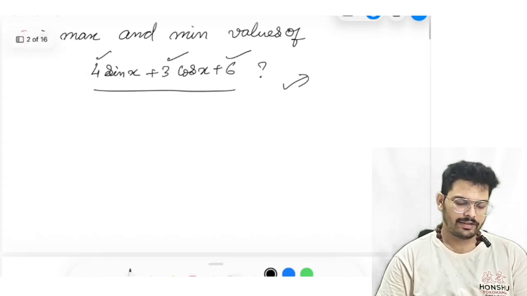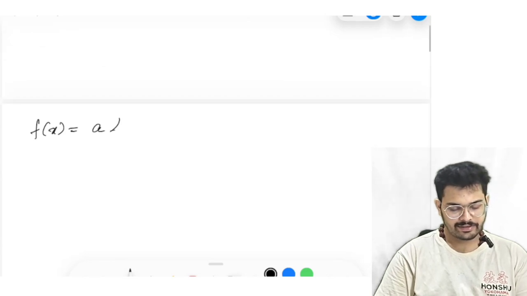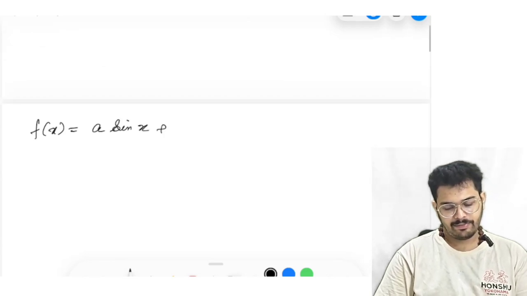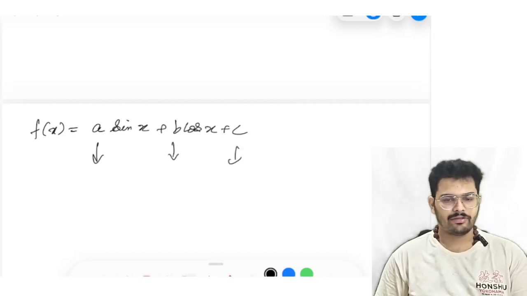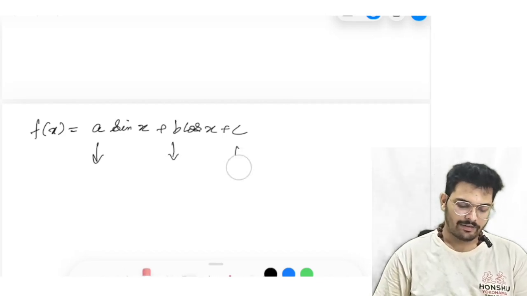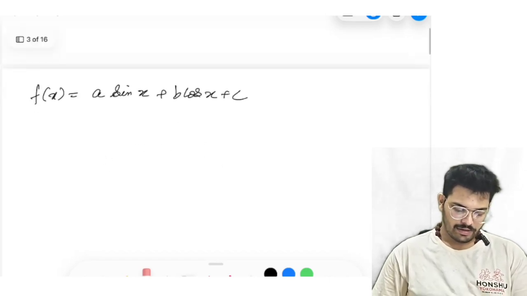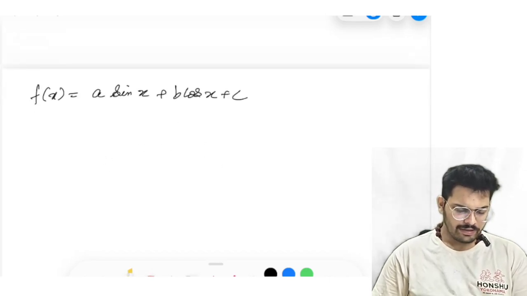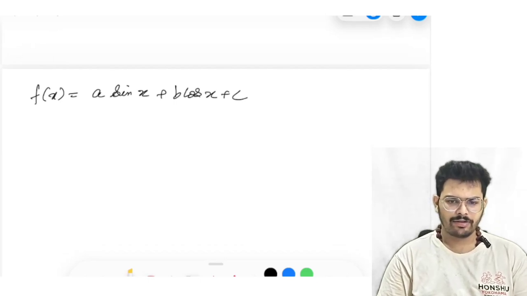I am calling this function of the form a sin x plus b cos x plus c. Sometimes the constant c can be 0, b can be 0, or a can be 0. No matter, it can be any value. Now we will be forming a general solution for this one. First of all, you don't need to remember this derivation, but you need to remember the final